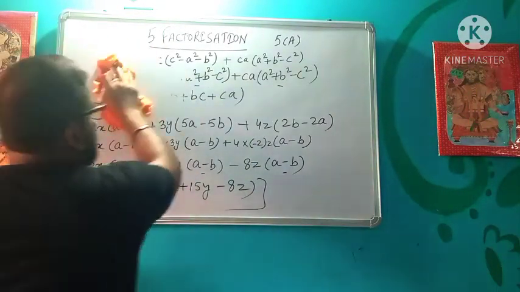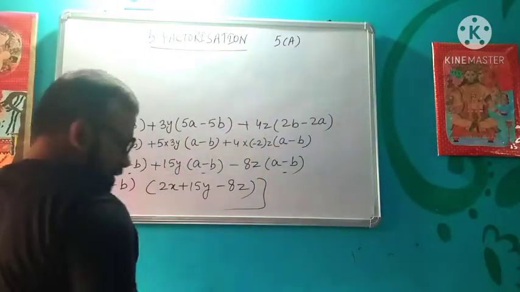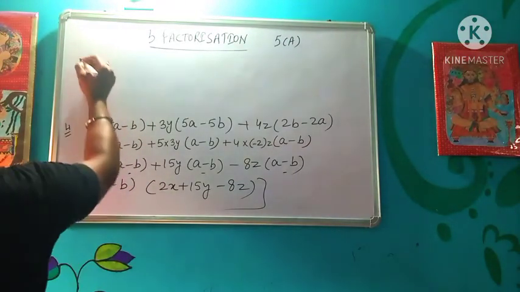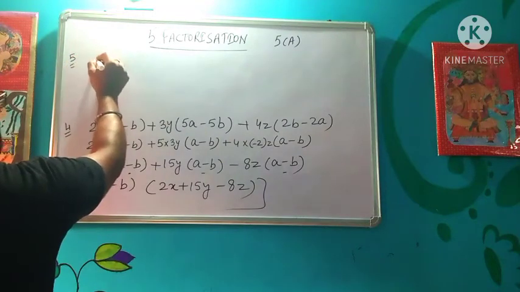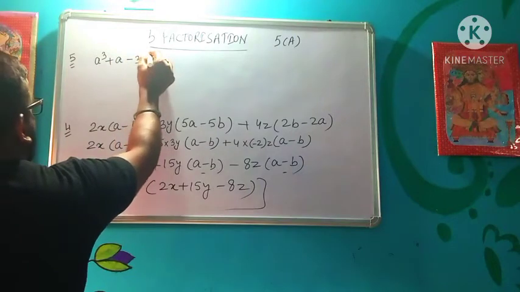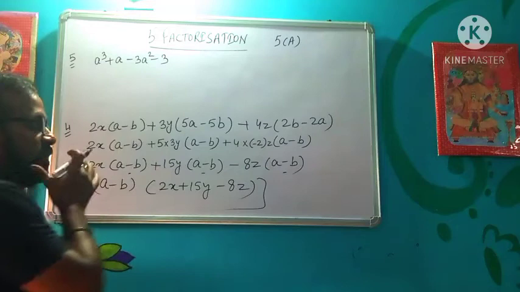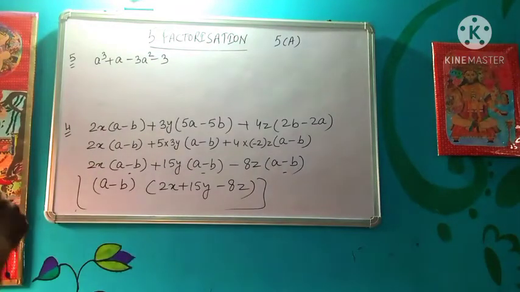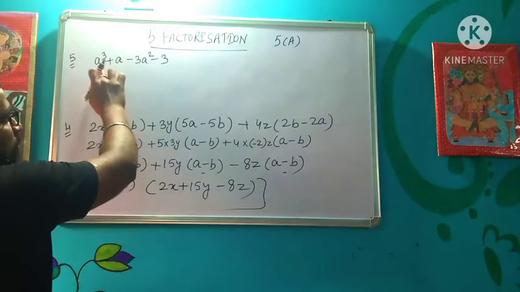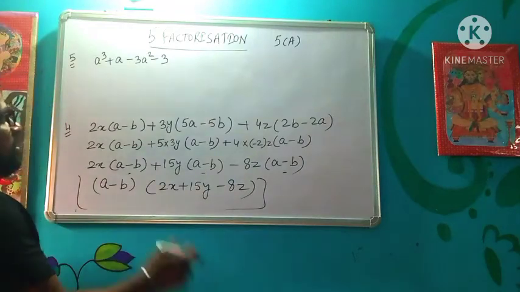Okay, now let's see, these are the few questions that we have solved by using the common factor method. Now we will see a few questions using the grouping method. In this, we cannot take any term as common. So the next method in our slot is the grouping method. First we will count the number of terms: 1, 2, 3, 4 terms are there. So we can apply the grouping method.